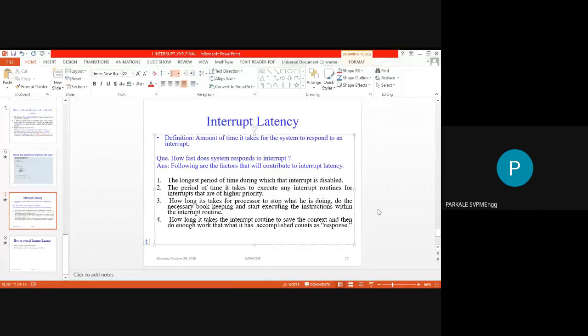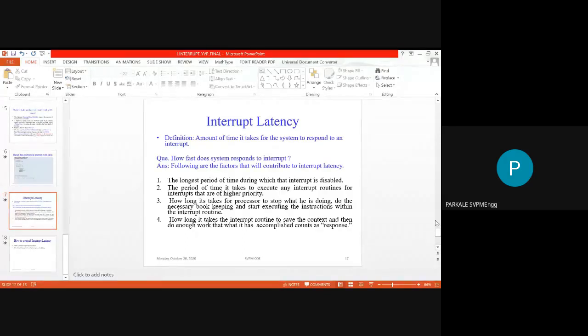So this is also the time required to respond to the interrupt, because that person is treated as an interrupt now. I cannot give him instant service. Rather, he has to wait for 5 minutes till I finish my topic and take attendance. These are called the necessary bookkeeping. In terms of your microprocessor, what is the necessary bookkeeping?